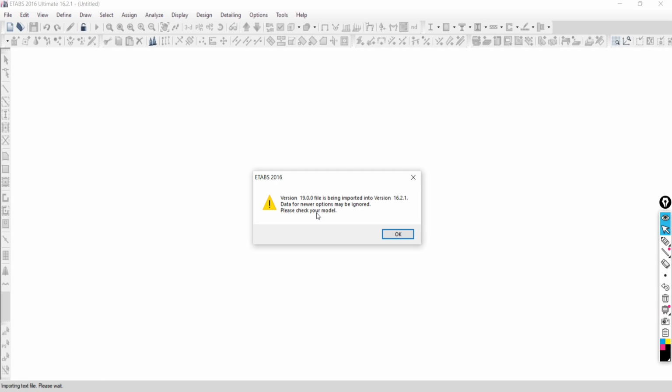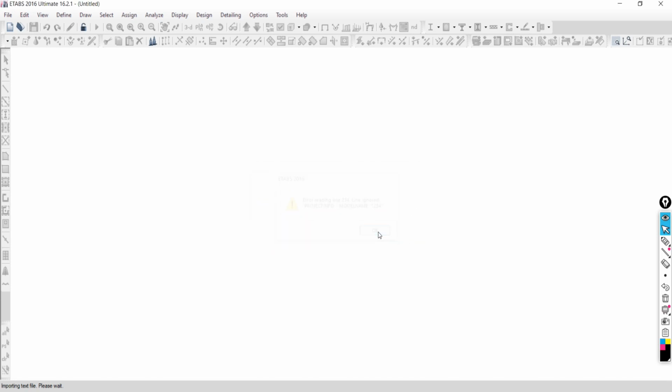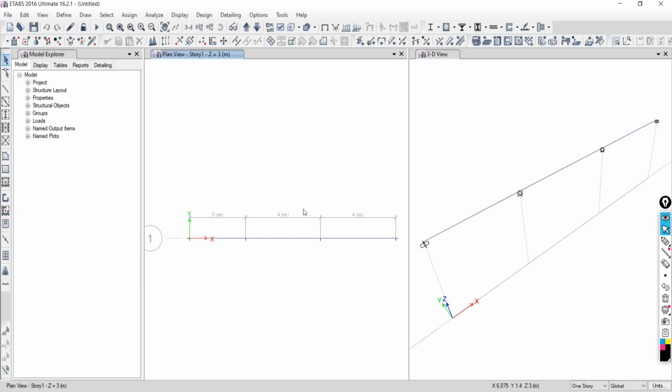So after importing, what instruction are we getting? After importing, make sure that all the things are as per your requirement. Whatever change is going to happen, you have to correct that. You have to take care of that. Understood? Now say okay. And further intimation will be there. Many intimations are there. Say okay. So finally, you will be able to import the model in the ETABS software. It is understood.